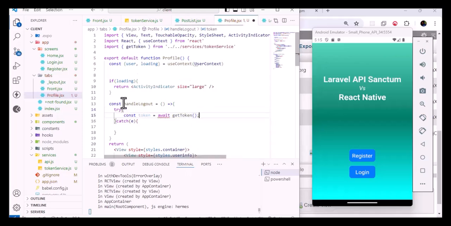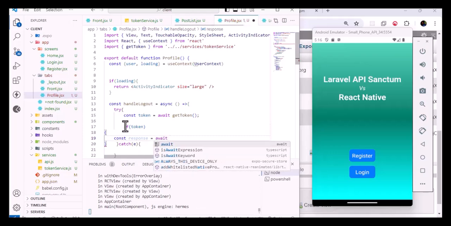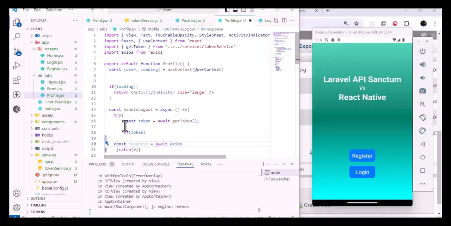Then if there is token, make sure that it is async. If there is token, then we await Axios. We import it from Axios, not the library we created. Dot post. Then we give the IP address, the full IP address,